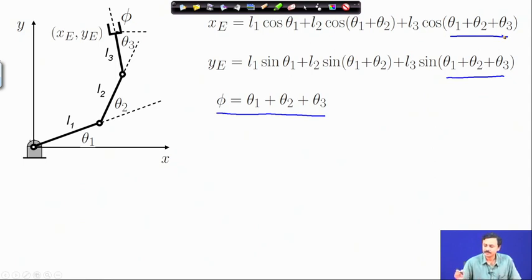So, therefore, I can replace these by phi, which is specified. So, remember these quantities are specified. So, phi is known to me. Now, once I substitute theta 1 plus theta 2 plus theta 3 by phi, the third term is completely known to me. So, I can bring it to the left hand side and write